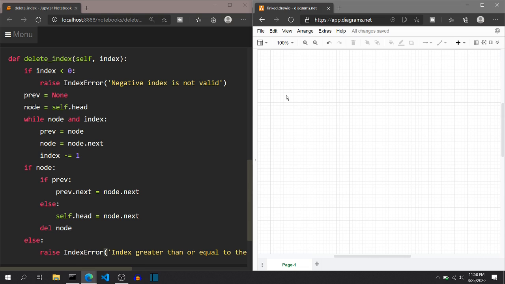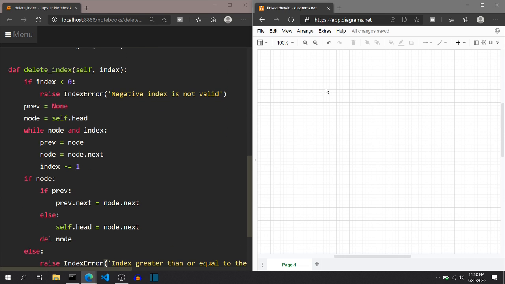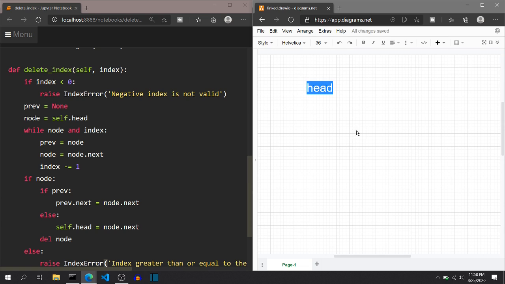Suppose we have a linked list, initial linked list with three nodes, node 1, node 2 and node 3 by the constructor only. So let's create that. Every linked list will have a head pointer, and as we have discussed, that will be three nodes.